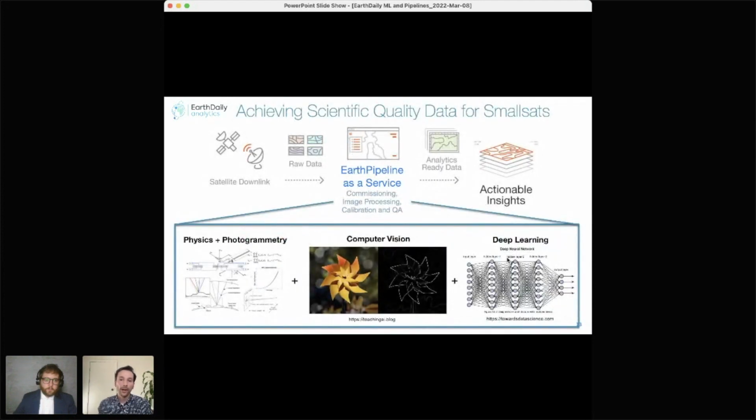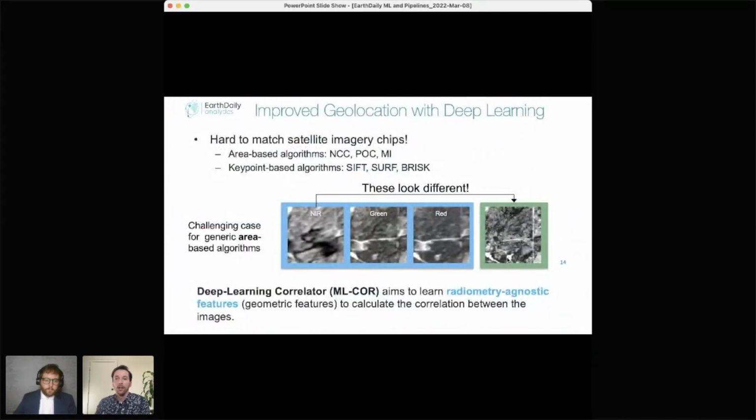And so this is where we tie in machine learning, computer vision, and physics is also very important to us. Essentially what we do is we build a digital twin of our satellite. So we model all the physics we can, how it's jittering, the optics, the orbit. But you need more than that because you don't know precisely where your satellite's located. So we have to augment it with other external data. And this is where we've developed some really cool technology for machine learning to help us with some of the